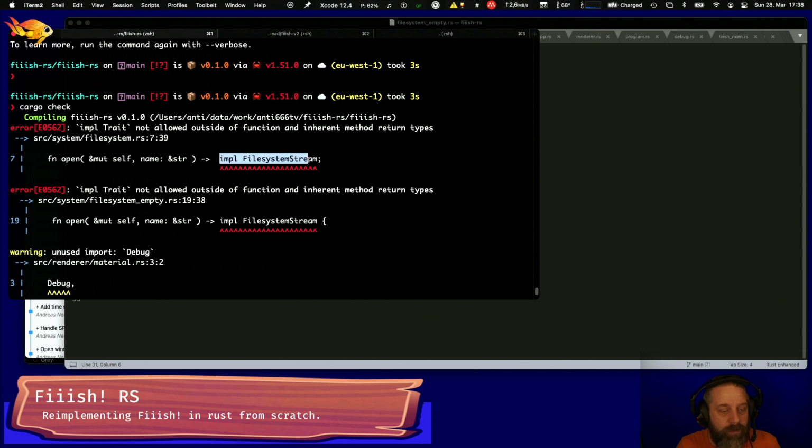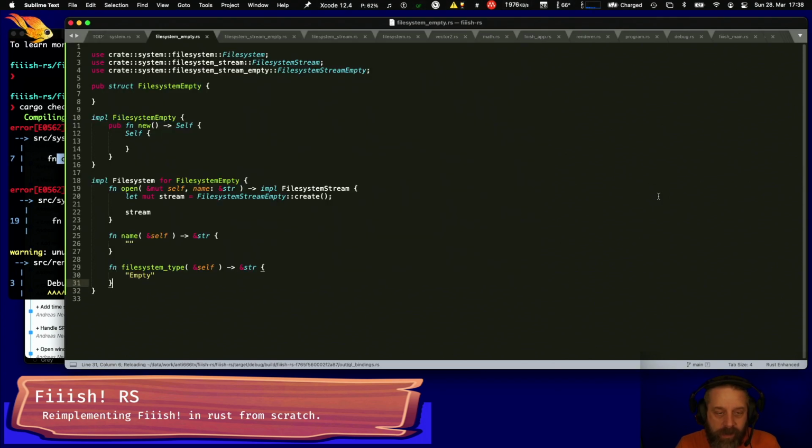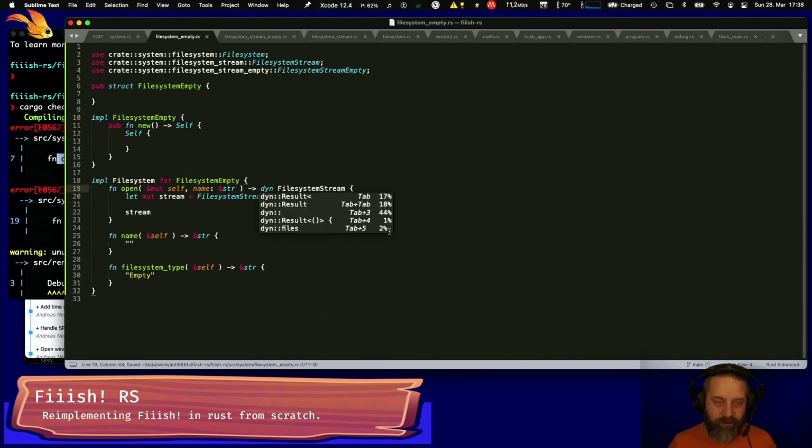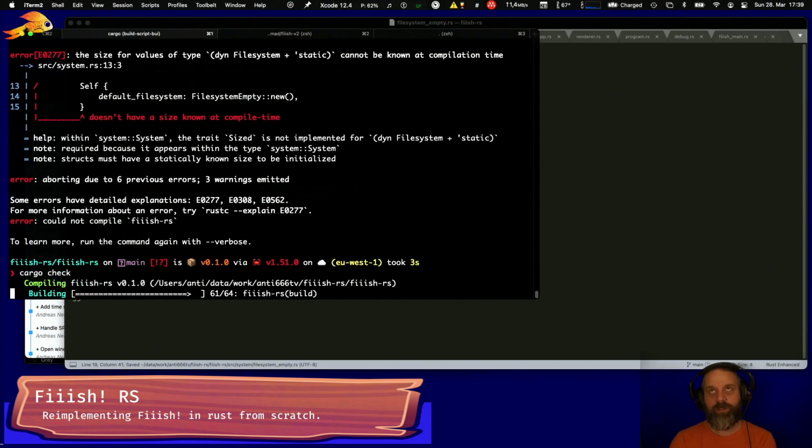I'm wondering about this, because do I just hit dynamic? I mean, this just returns an empty, right? So this is specific. I'm not sure if that will fulfill the trait, so